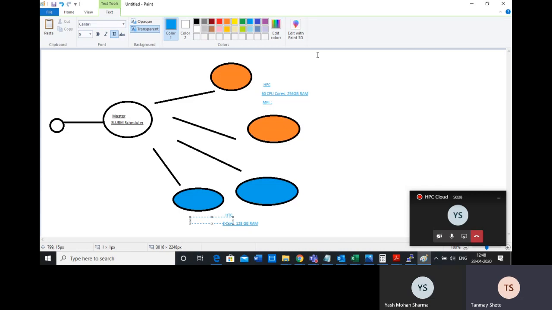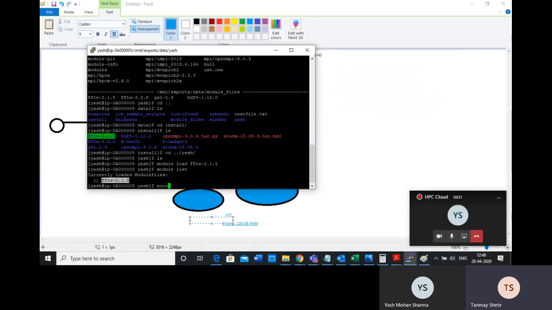For that, there is a command called scontrol. Scontrol is the Slurm control. It is for the scheduler. So scontrol is the command through which you can monitor your jobs or the machines.